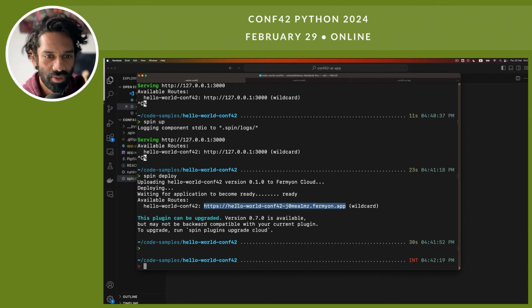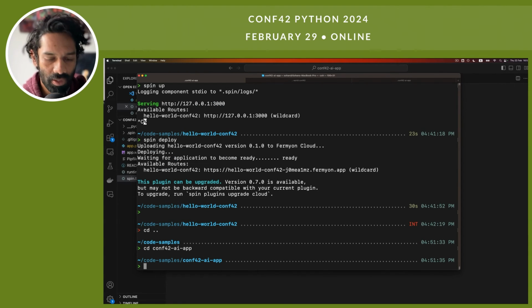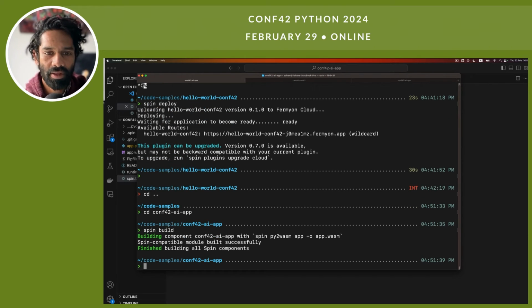So I'm going to go back here and do the same steps again. Remember, just spin build. And now I can run this locally, or I can run it in the cloud. This is using a large language model though. So if I run it locally, it can take about 10 minutes to actually process it because I'm running it